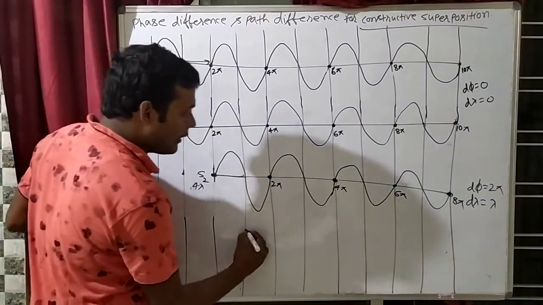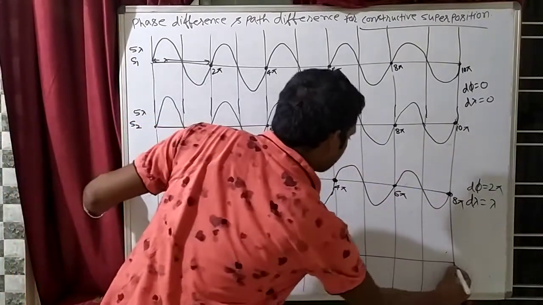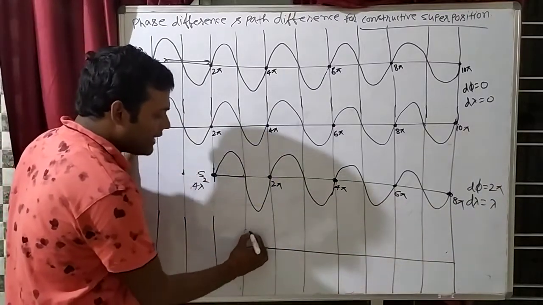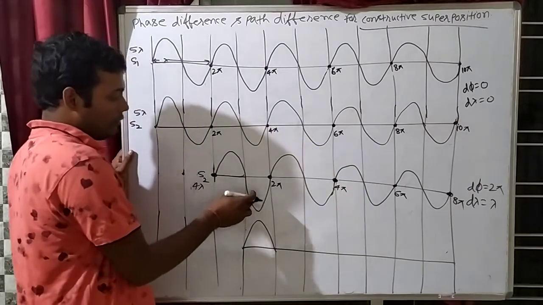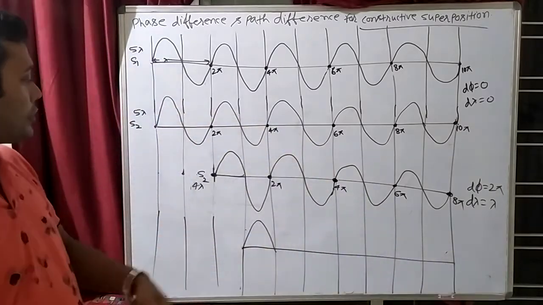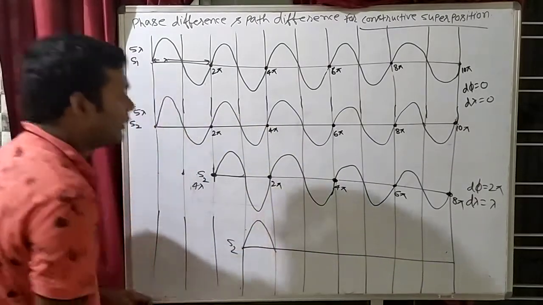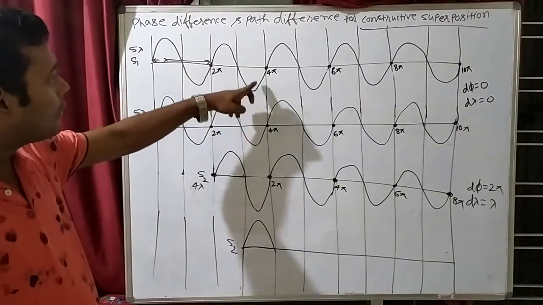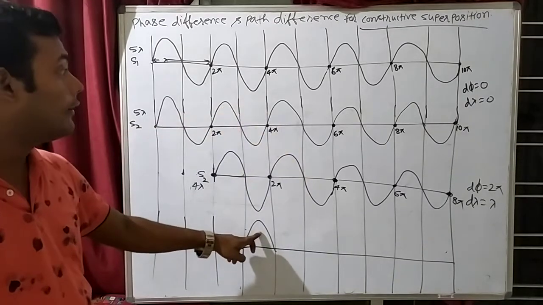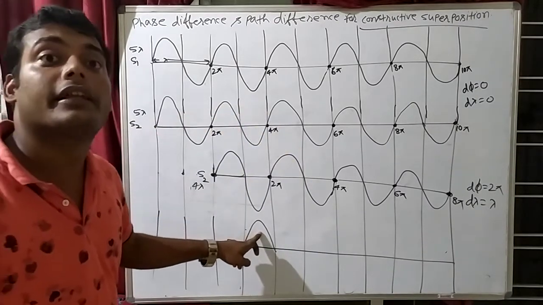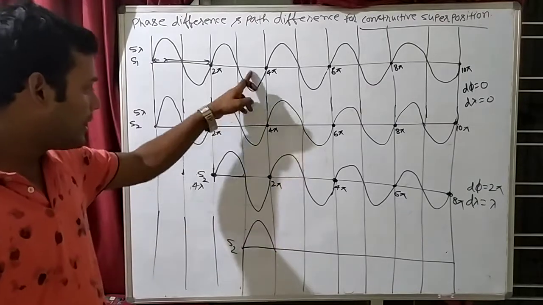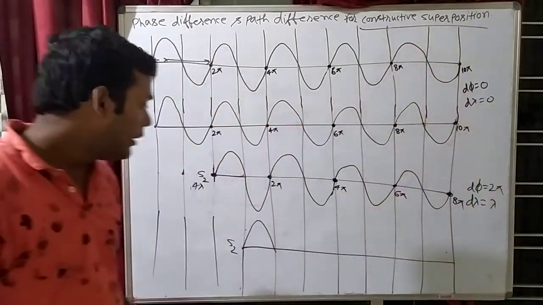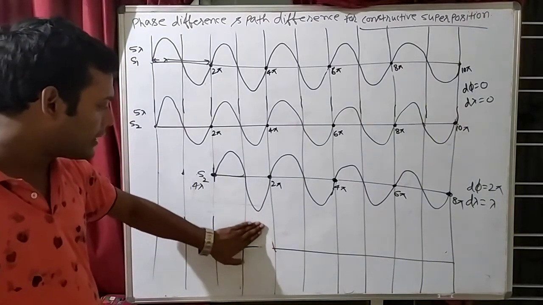Can I place our S2 here? Suppose I place S2 here, then you have to see this one, S1. Suppose our S2 is here, now forget about this and this. This is S2, this is S1. So this is trough and this is crest. So will this be constructive or destructive? This will be destructive. This is -2, this is +2. So it will become 0. But we have to find constructive. That means I can't place our second source here.